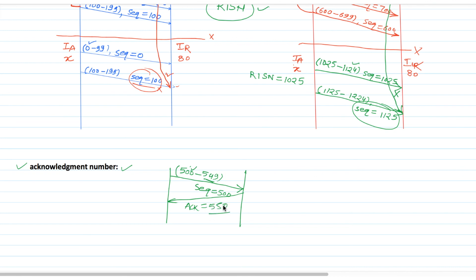That is the sequence number of the next expected data byte. So this is called the acknowledgement number.